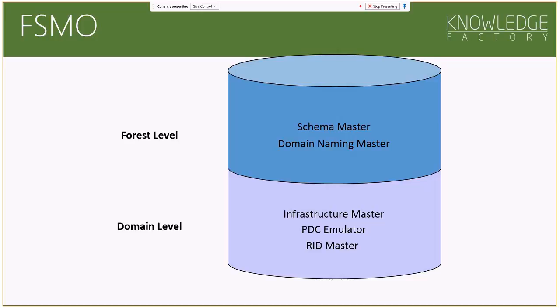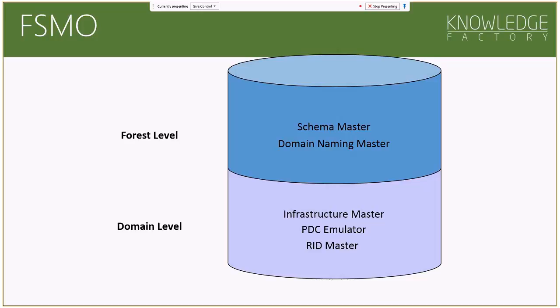And that's because the GC holds a partial replica of every object in the forest. The infrastructure master, if placed on a GC server, will never update anything because it does not contain any reference to objects that it does not hold. Two exceptions to the do-not-place-infrastructure-master-on-a-global-catalog-server rule are, and listen carefully because there are many people who